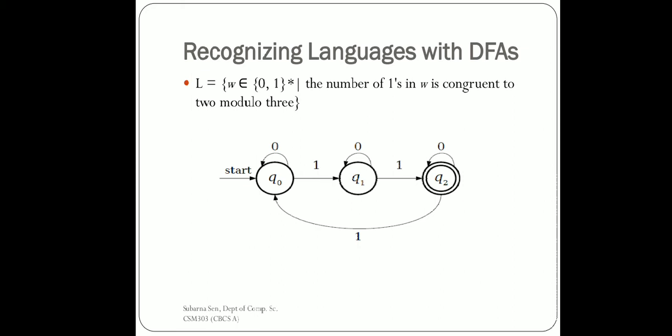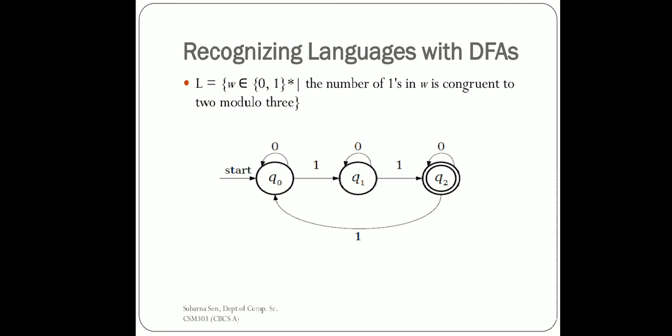So the string generated in this pattern is 1 1 only. So the number of ones here is 2. It is being accepted because with this number of ones only, or with this string, we can directly move to the final state. Okay, so let us generate one more string.